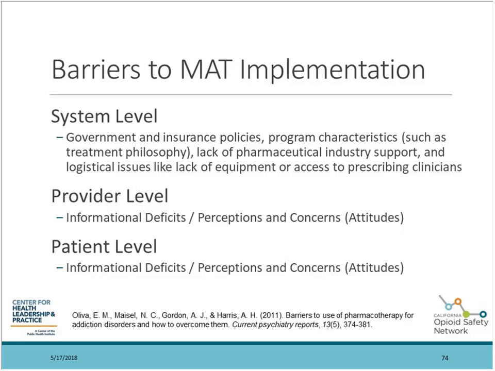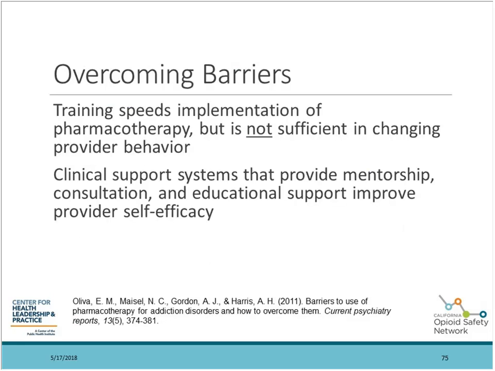We build systems that segregate physical health from mental health from substance use disorder treatment. And so patients tend to think, oh, I'm going to go to my primary care doctor, who's going to help me with my hypertension or diabetes or my asthma, but they're not going to be able to help me with my opioid use disorder. Not because they can't, but because the patient has that in their mind. In a system that segregates these services, you don't necessarily go to your community health center for substance use disorder services. So there are a number of patient-level concerns, attitudes, and frankly, informational deficits that also need to be addressed. Training is necessary but generally not sufficient to change provider behavior.